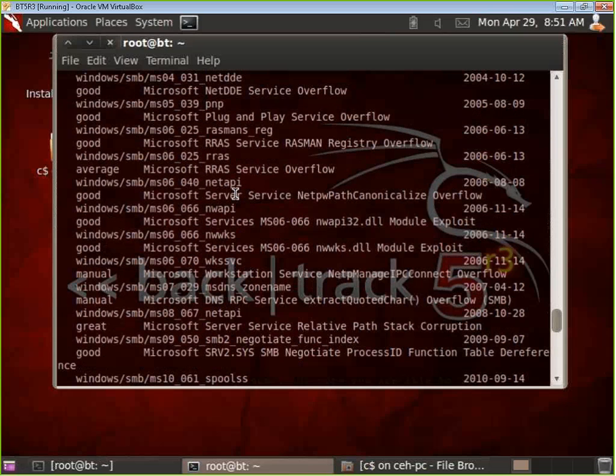this is what I want to use. Windows SMB MS08-067 NetAPI. This is one of the exploits which will target that same port 445. Do you understand that? So that's what I'm going to use. So I'll just copy this,